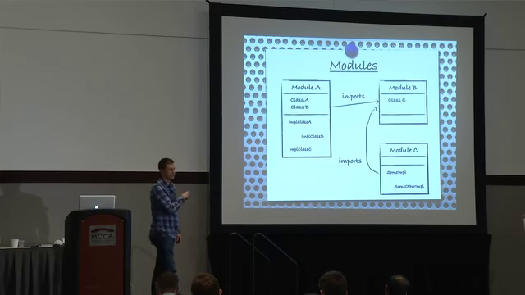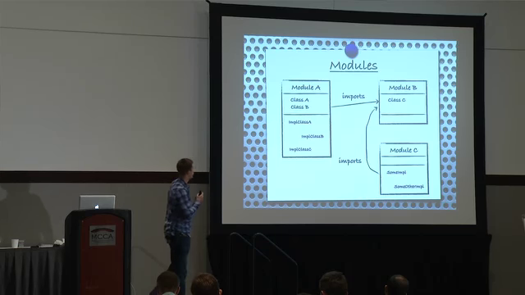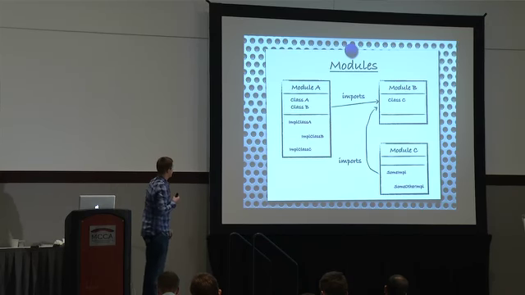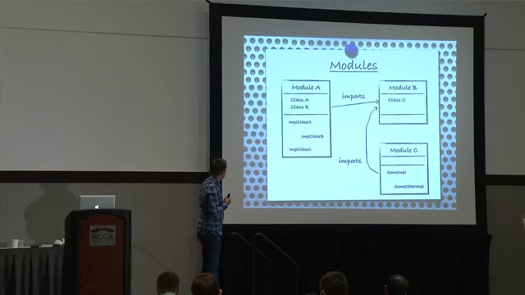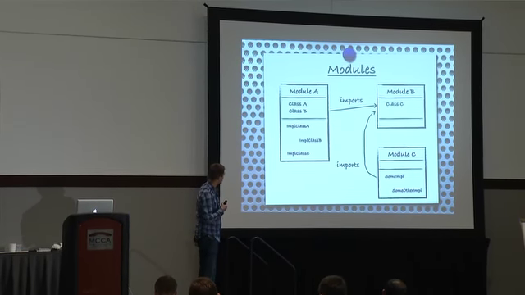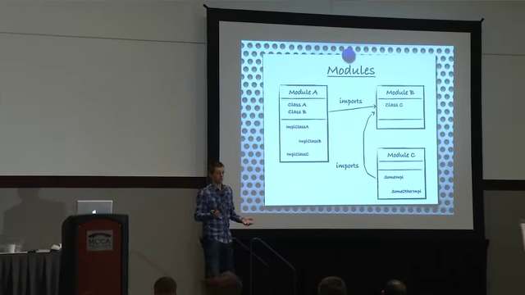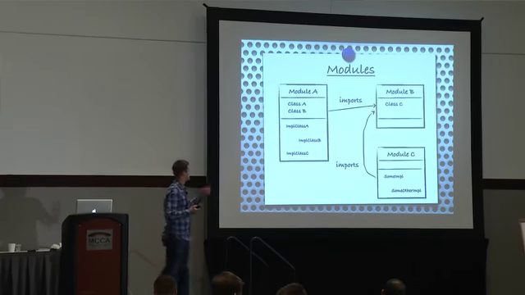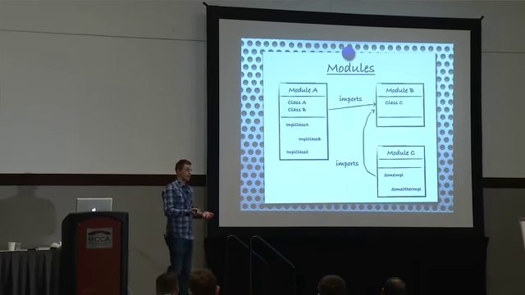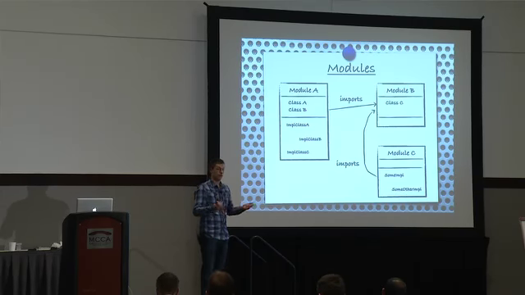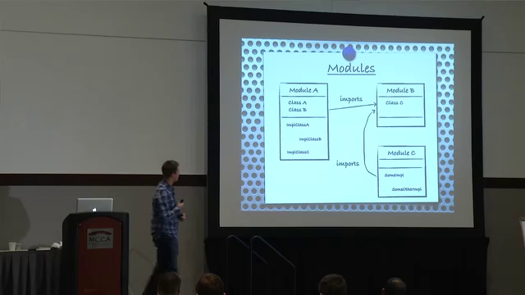And again, in plain Java, this is currently not possible, but I'm going to show a way to do it anyway. So, for example, module A has a public class, class A and class B, and other modules are allowed to use those. The implementation classes at the bottom should be invisible. They should just not be there. Same for module B. Module B only has a public class. Probably there's an API module with just APIs in it. And module C doesn't even have any visible classes. They're just implementation classes. And how that would work, you will see in a moment.